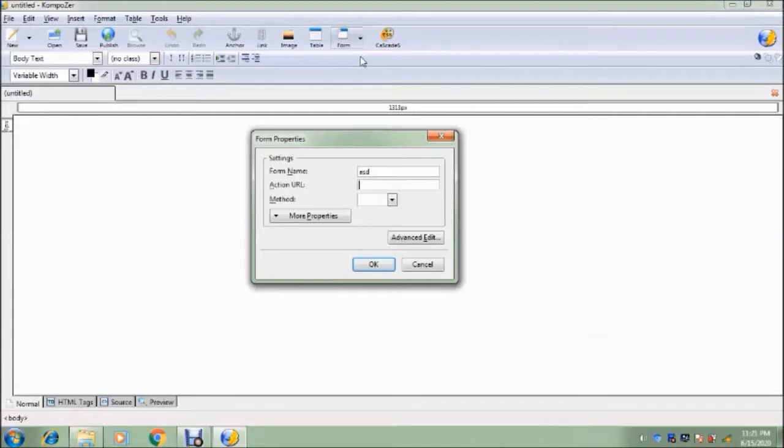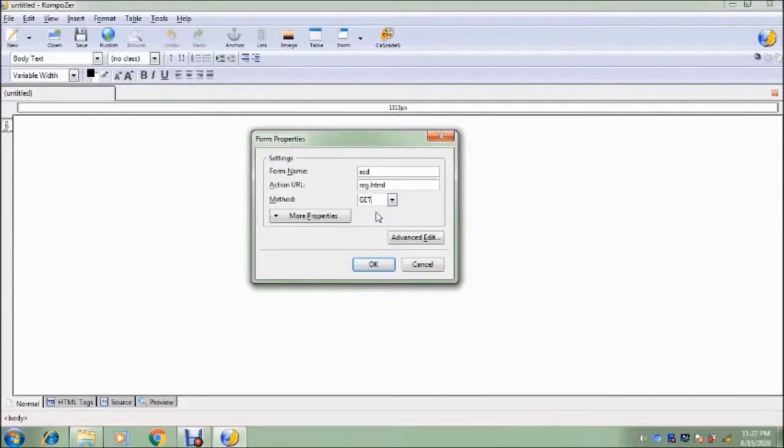Second property is action. Okay, we had seen what is the use of action property. Here generally we will type register.html or any other HTML file, no problem. The next property is a method, and here I will select method as a get.